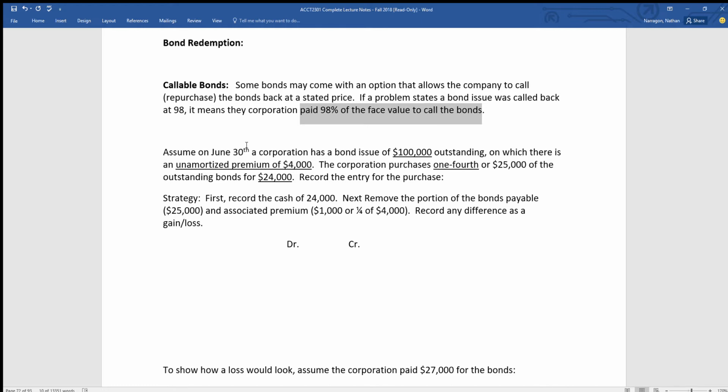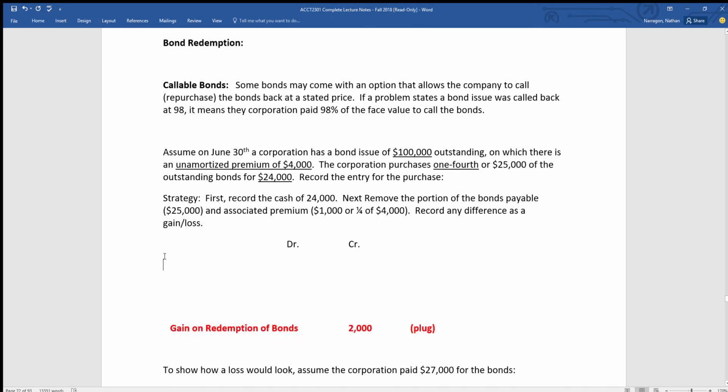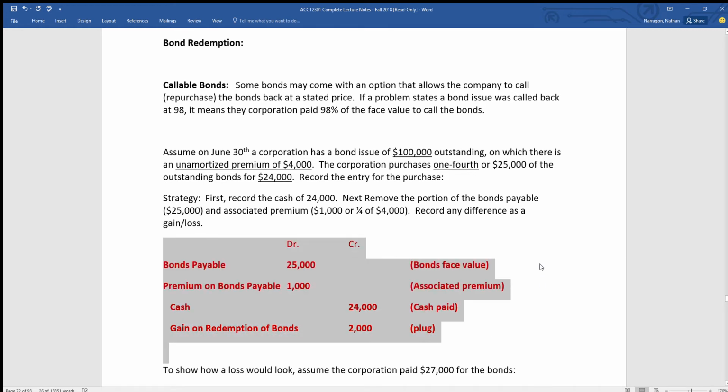Alright, so first thing that we want to do, of course, is the cash. We've paid cash out. I was hoping I could remember, but first thing you always want to do, of course, is the cash. Cash paid is automatically what we know. Next will be the actual bond payable. We know that they paid 25,000 for the bond, or basically that's the face value of the bond that they had. Okay. Now, with the premium